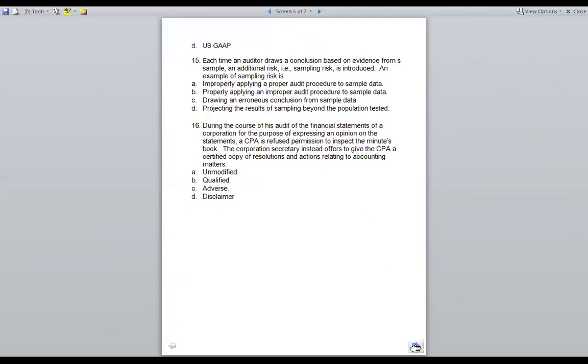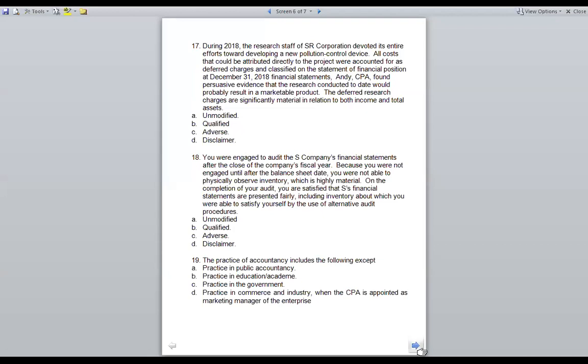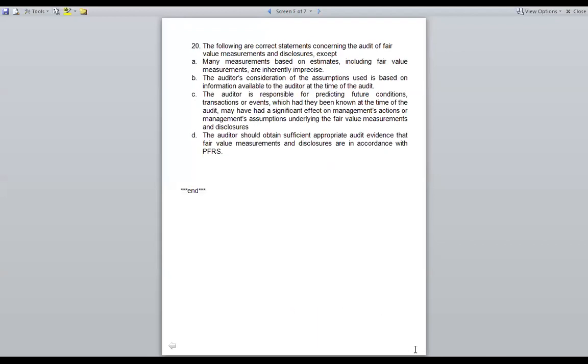Nice. So 16, 17, 18, I think nasagutan natin to nung nakaraan, no? 17, 18, to mga problem na to. And then number 19, nasagutan na natin. Number 20, the following are correct statements concerning the audit of Fairview. Ayan, nasagutan na rin natin yan. I think ang sagot here is